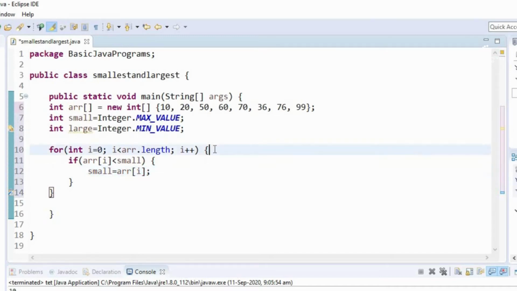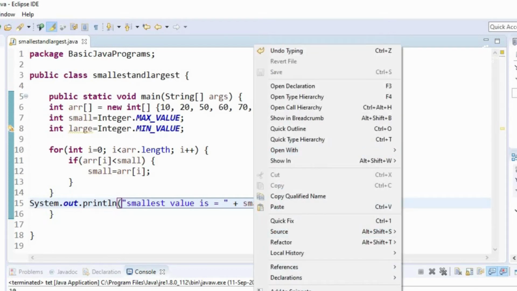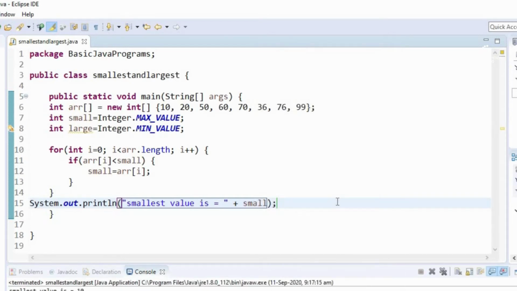Okay, now let's print this. We will say System.out.println, smallest value is, small. Okay, let's save this program and run it as a Java application.